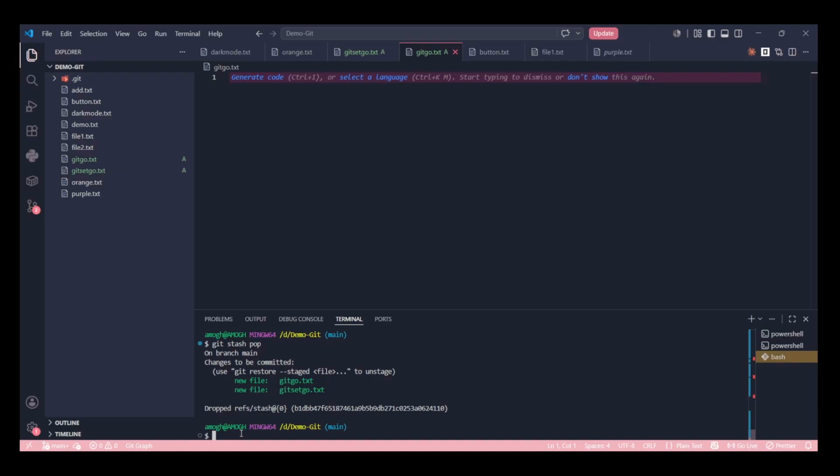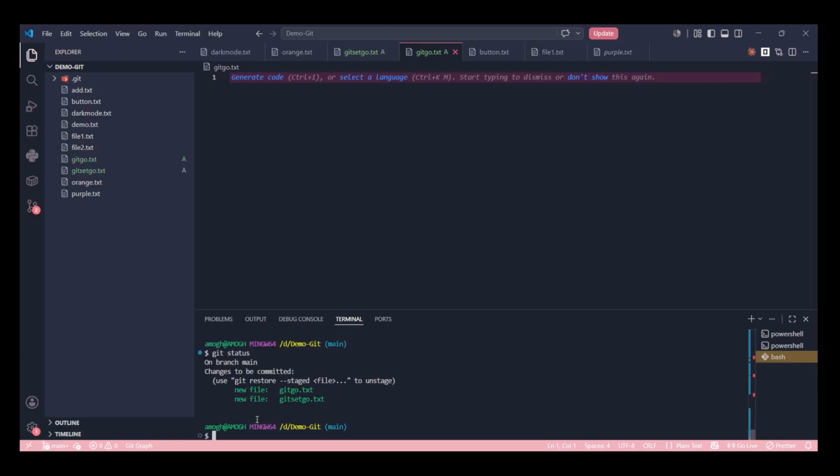Okay, I'll explain it again. Right now I'll run a Git command called git status. It says there are two files which you need to commit. Now, what is the basic workflow? You will add a few things and then commit it.